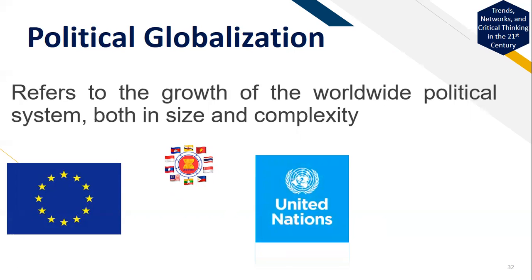Okay, the United Nations also comes in here, and the International Criminal Court. The International Criminal Court investigates and judges any political figure of different countries if they are proven guilty of the cases filed against them in the International Criminal Court. Okay? So again, when we say political globalization, this is where there is interdependence when it comes to the political aspects of every country or every nation.